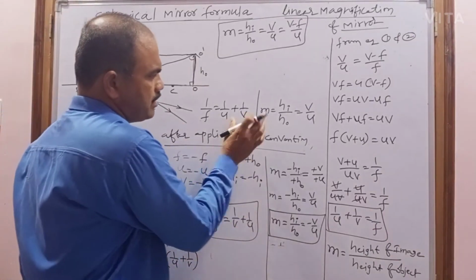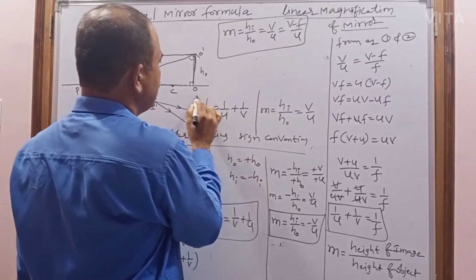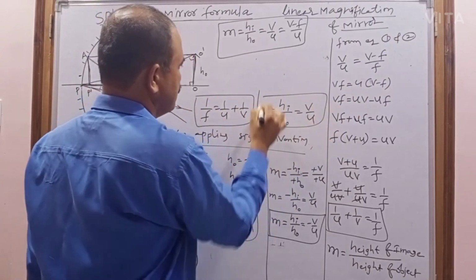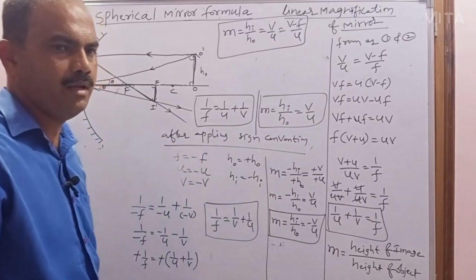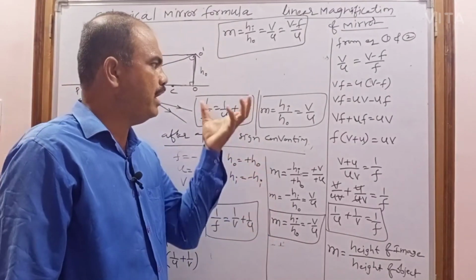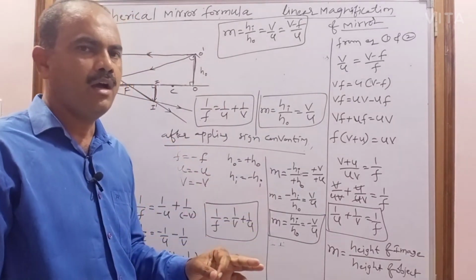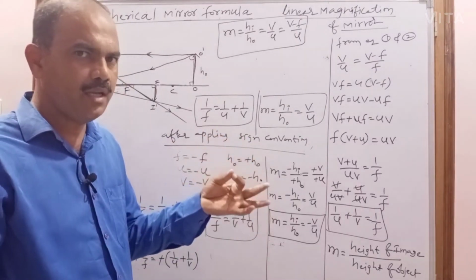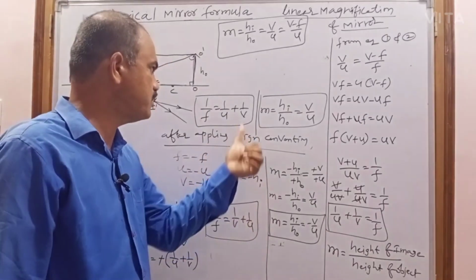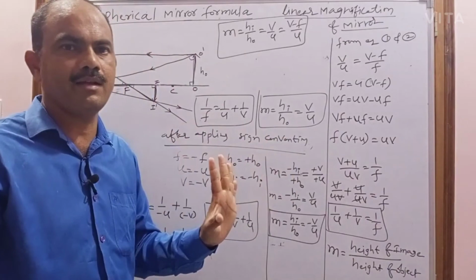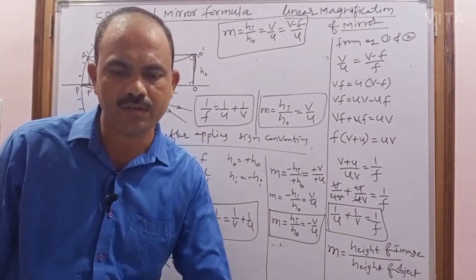Now the same two formulas are also applicable for the convex mirror, after applying the sign convention. So these are the two general formulas that can be applied for the concave mirror as well as the convex mirror. But very important, while we are using these formulas, we always have to use the sign convention. After writing the sign convention, these signs are substituted in the equation, and then only we get the result correctly, otherwise we get the wrong answer. So this is today's topic of mirror formula and magnification of mirror.